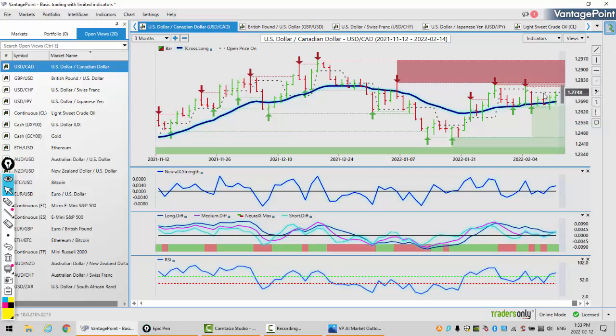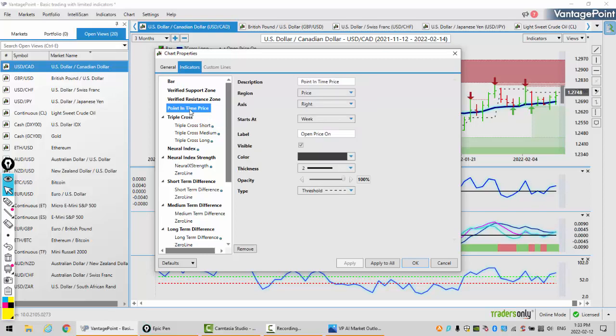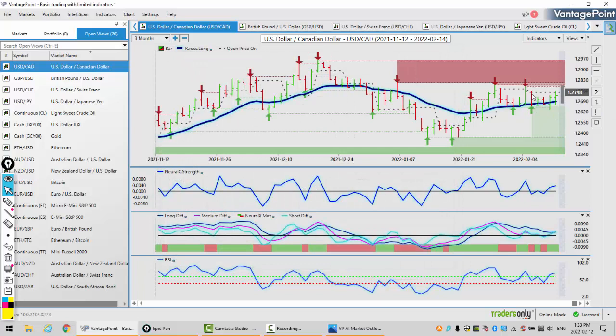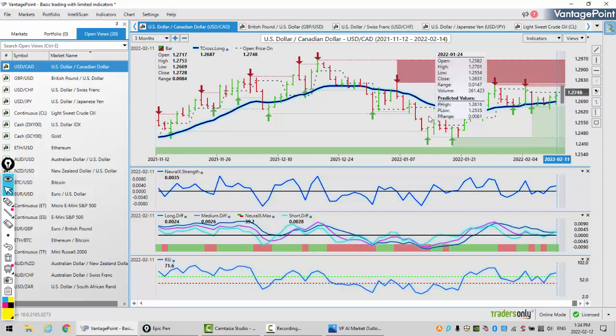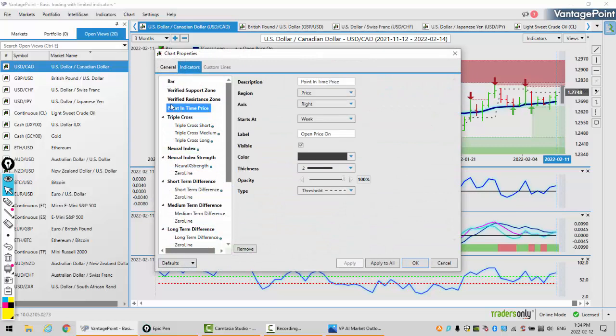So once again, when we look at last week's weekly opening price, I'll just pull this up so everybody can see, because this is an alternative strategy you can use with your VantagePoint software. Last week, you can see we start off the week, we go down, but again, that T-cross long, there's a long trade every single day. I had my clients buying off this level last week because until it breaks, it's got to get below that T-cross long.